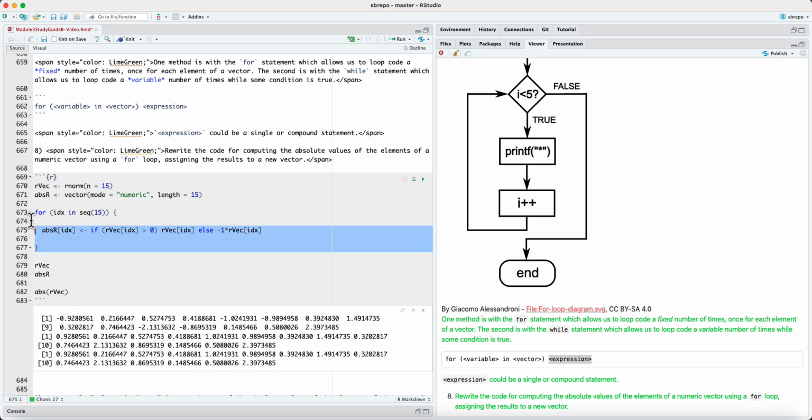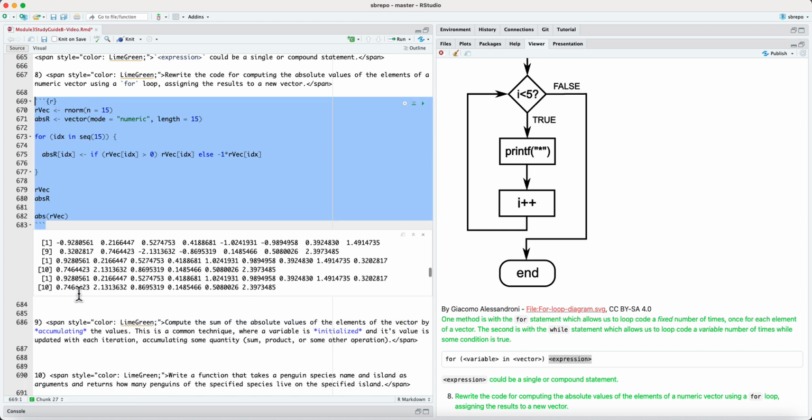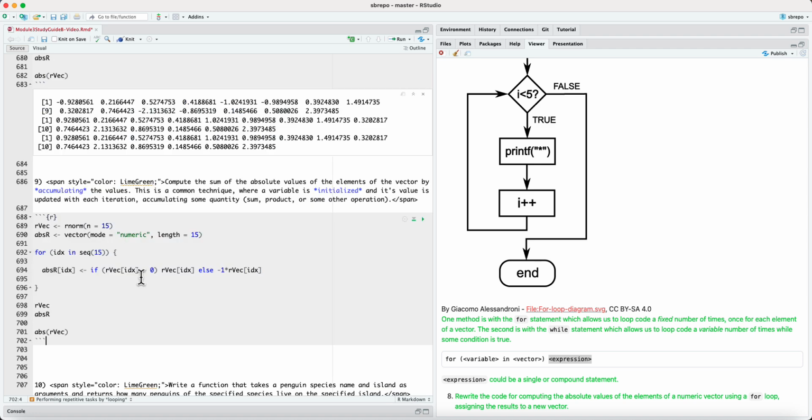So internally, the abs function that's built into R works the way we have written this function. So if you had to perform this task, you don't actually have to write this for loop. We are just using it for illustrative purposes. Now, one other common task that arises when you have a vector and you need to compute some scalar value